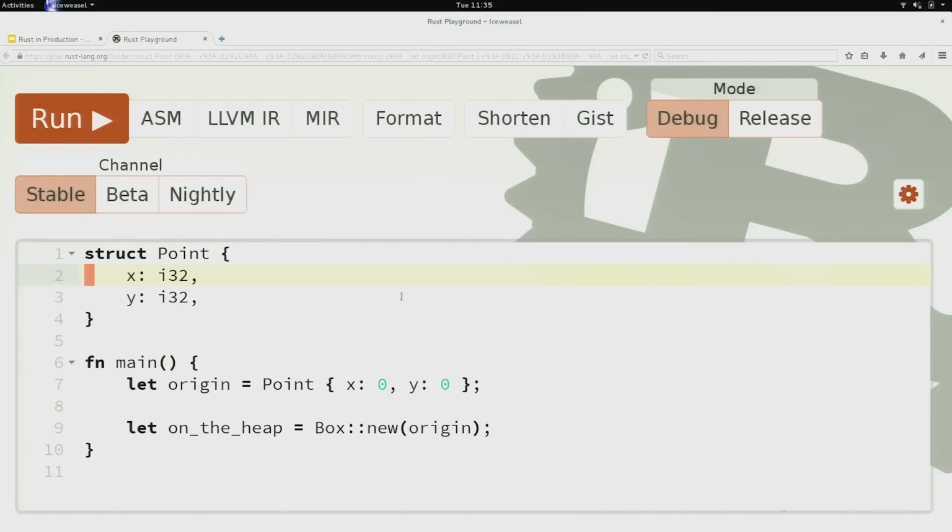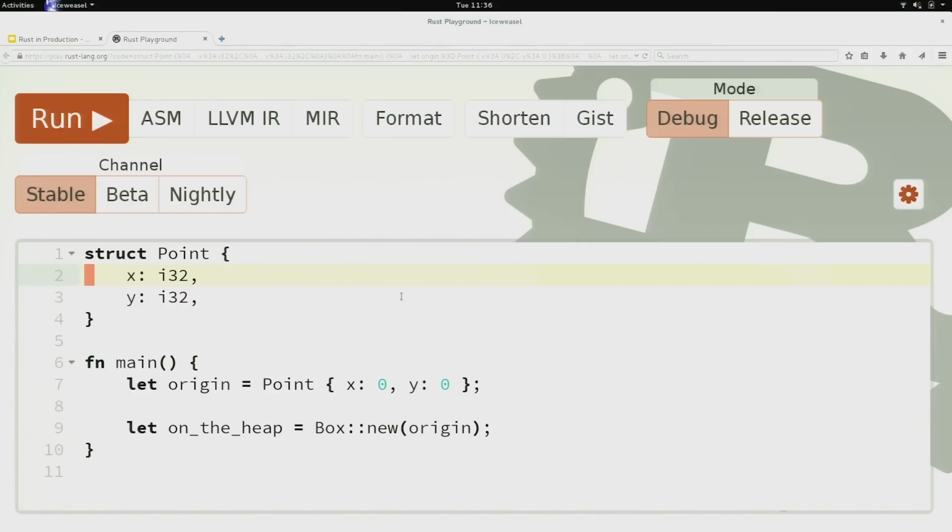So the things that I want to point out about control in this kind of example are, first, this is a structure in the sense that I can know for sure that this will take up exactly two 32-bit integers worth of memory. There's no extra metadata, there's no object here, no vtables, none of that kind of stuff. When I declare origin in this way, by just declaring a point, it is stack allocated by default instead of heap allocated by default. So everything is always on the stack, and I need to use something like a Box if I want to explicitly heap allocate things.